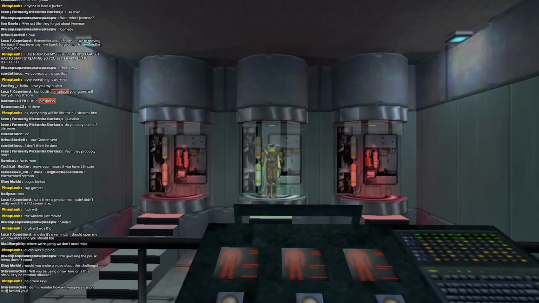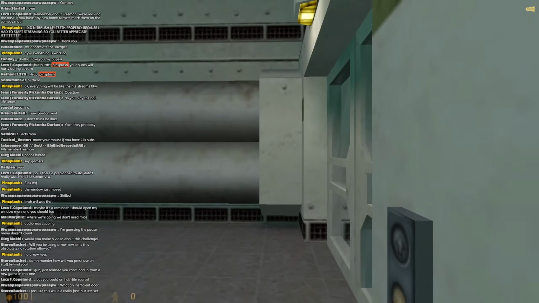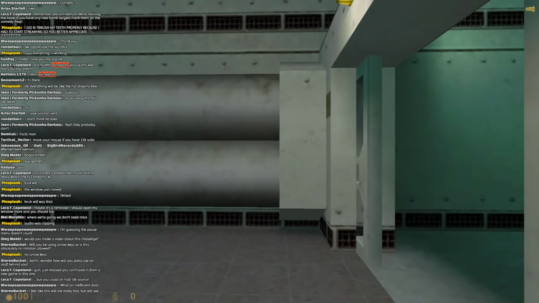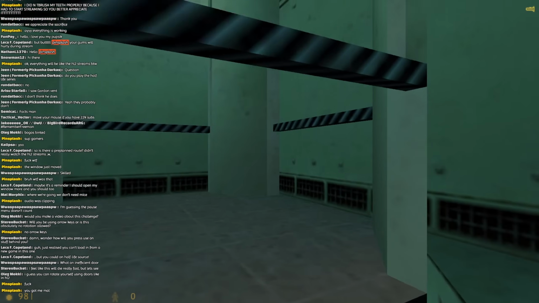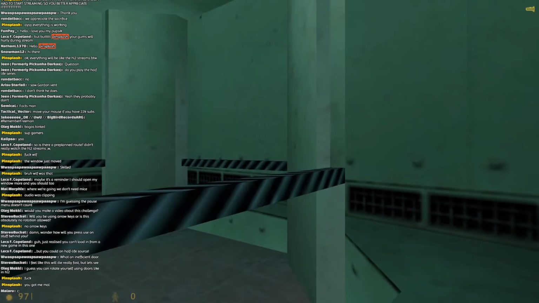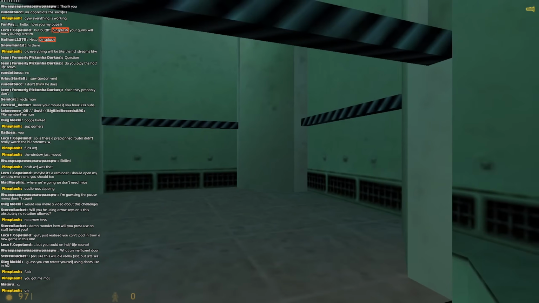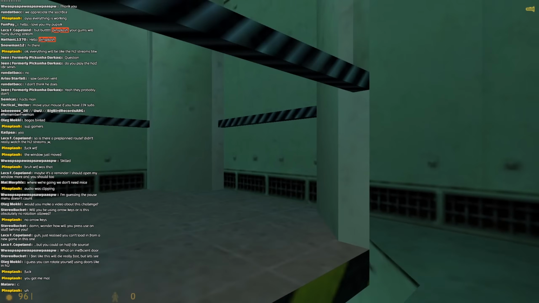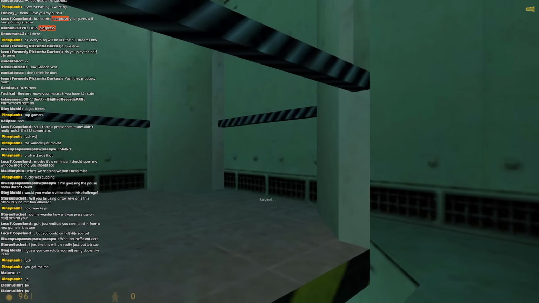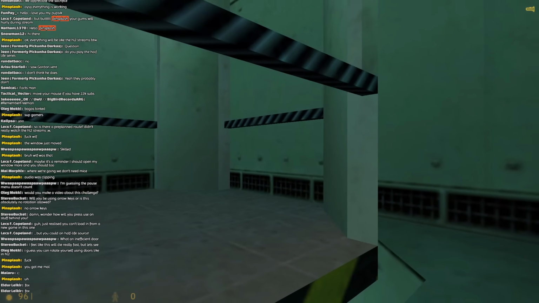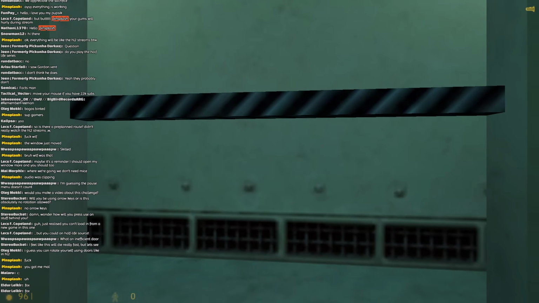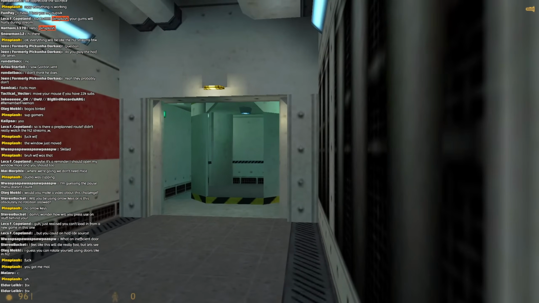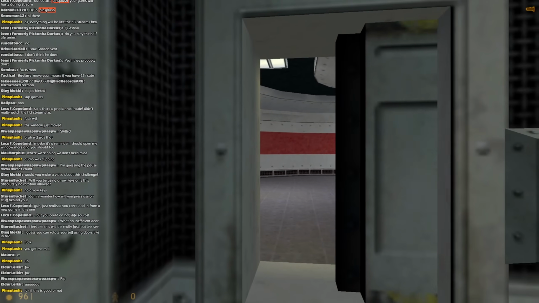This will allow us to hit a button to call this elevator. And now I will spend a very long time turning on this elevator. You may notice that it doesn't really make sense that I can hit this button. Yeah, Half-Life just lets you use buttons through walls. It's pretty silly, but it helps us out here.